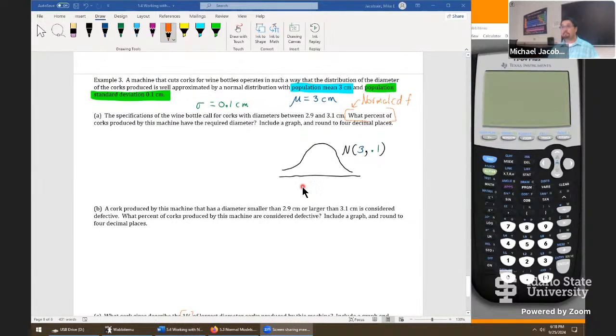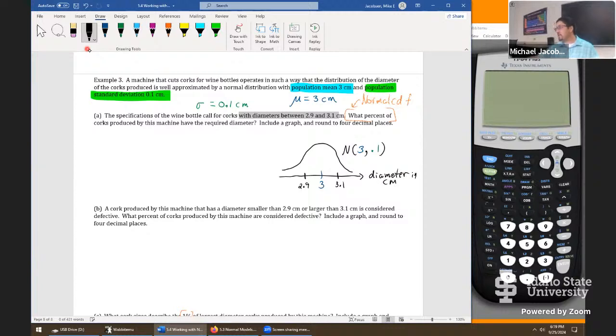Other questions so far? Okay, well, let's complete the model. We have a value of 3 right here in the middle. Next, we go to the question. It wants diameters to be between 2.9 and 3.1 centimeters. So we'll go to 2.9, about right here. And then 3.1 is about right here. This is the diameter